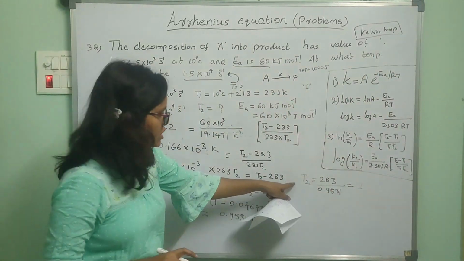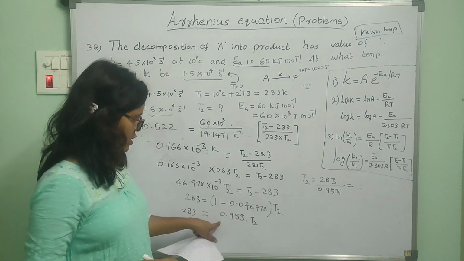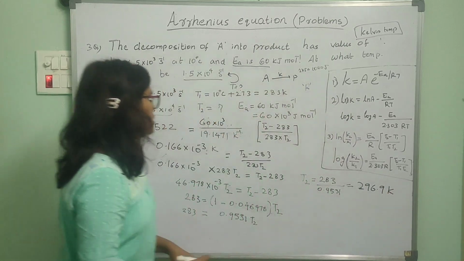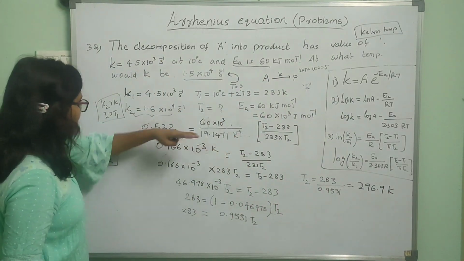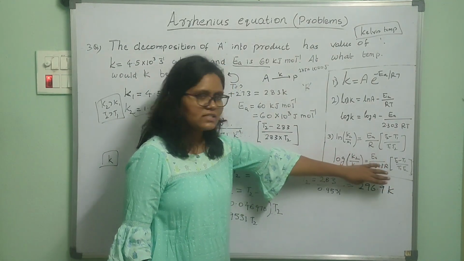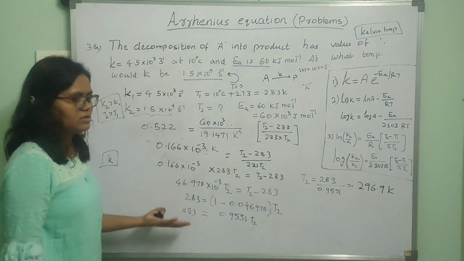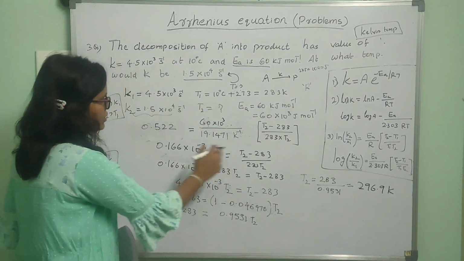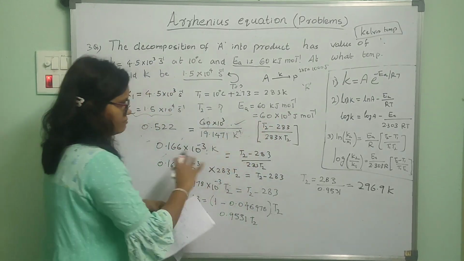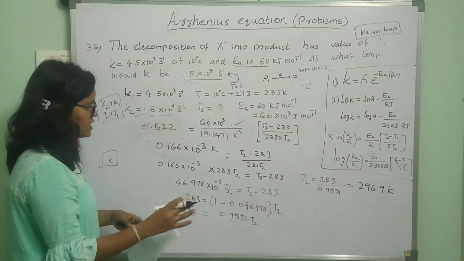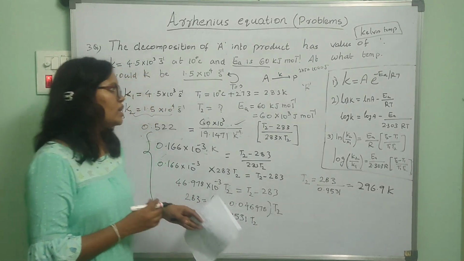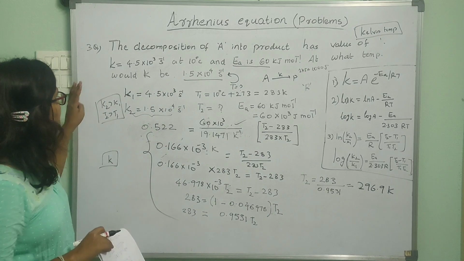Okay. So now we are doing T2 is equal to 283 by the value we got here. That would be 296.9 Kelvin. So the answer ends here. Like when you substitute all the numerical values in this formula, the answer ends here. The rest is just calculation that you can do with calculator. You can do all these steps in one go. When you have calculator in your hand, you can do it in just one go, right? So you can save the time. So this I have gone step by step so that you can also follow, right? So here we solve this third problem.